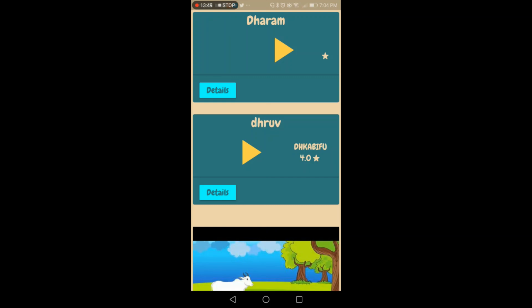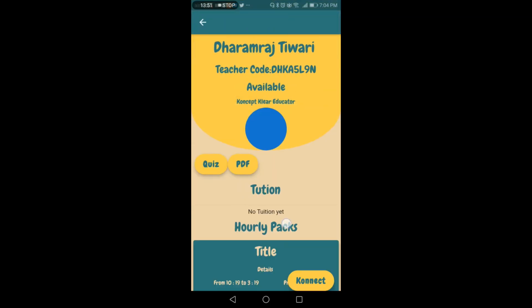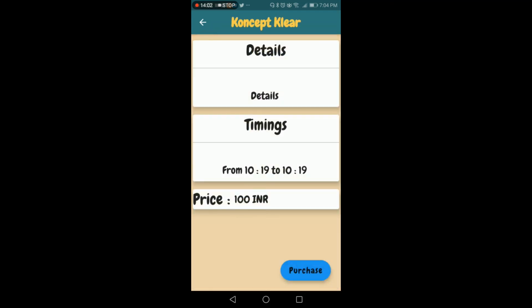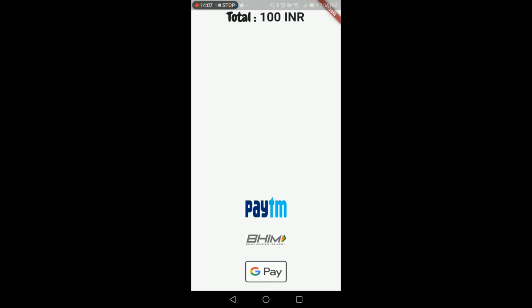Okay, so if the student goes to this page, they will see your hourly pack. Now if they want to subscribe to the hourly pack, they will click this timing and details, and then they will get all the details, and when they click this purchase button, it will take them to Paytm. Okay, and the students should have the Paytm app installed on their mobile, then only they can purchase.